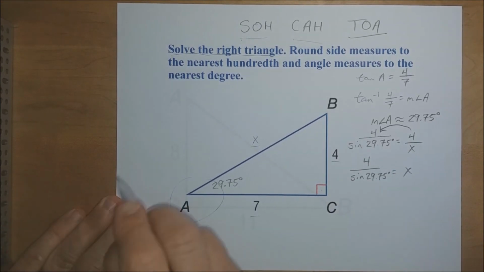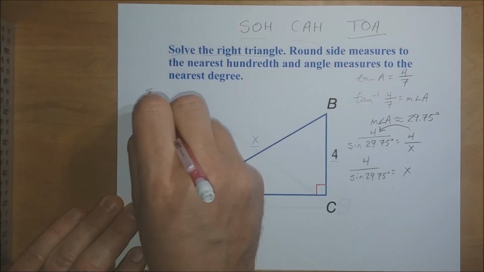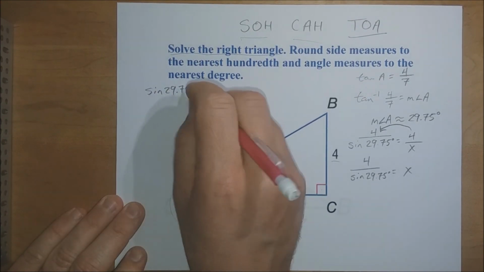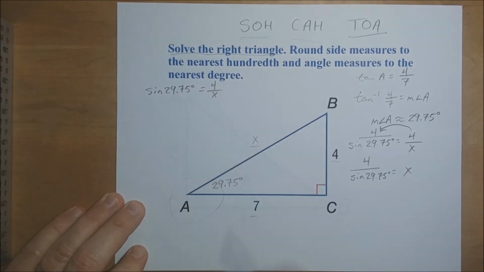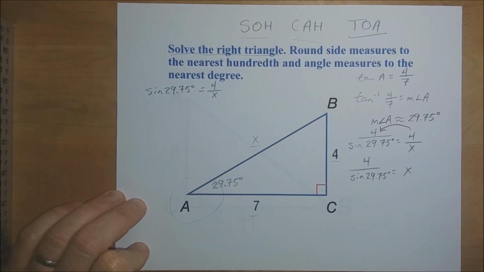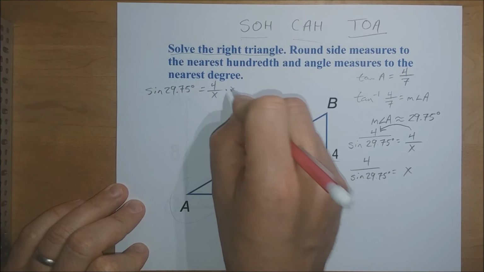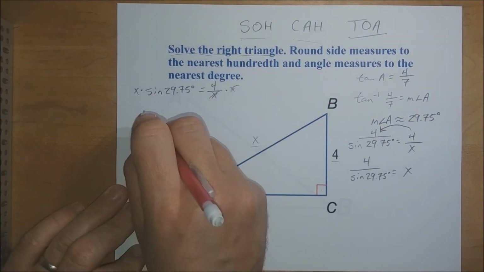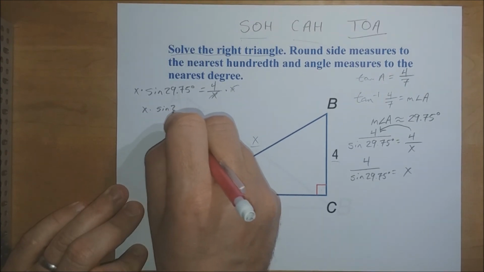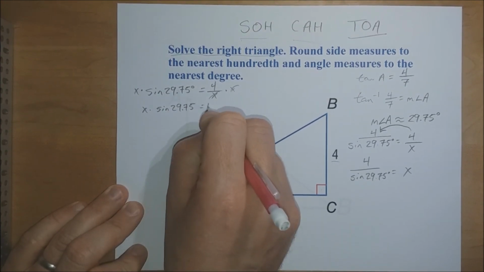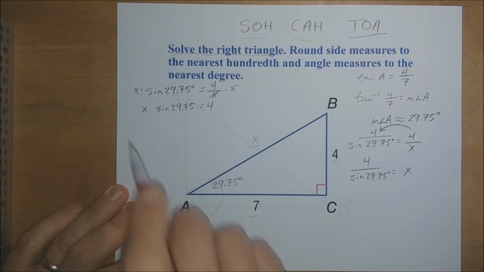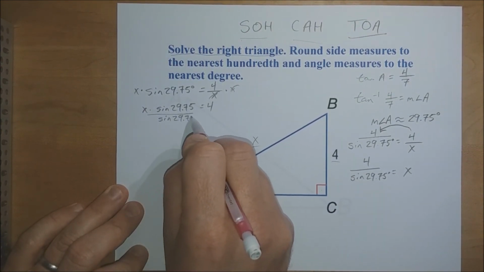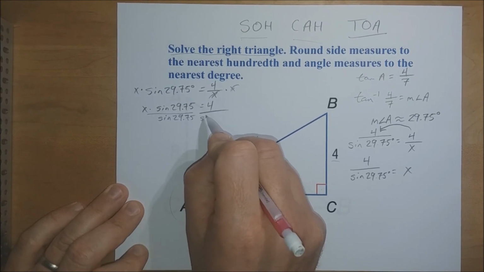Really, what am I doing here? If I start out with this equation, the sine of 29.75 degrees equals 4 over x, in order to solve this for x, you might be inclined to multiply both sides by x. Okay, they'll cancel over here. And then I get x times the sine of 29.75 equals 4. So what do I do next to solve for x? Now I divide both sides by the sine of 29.75. And I end up